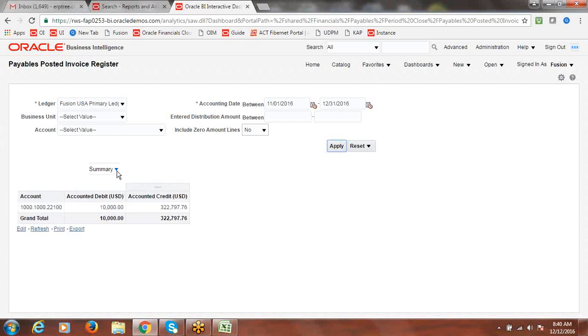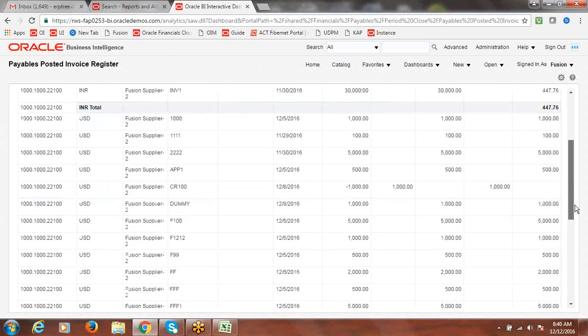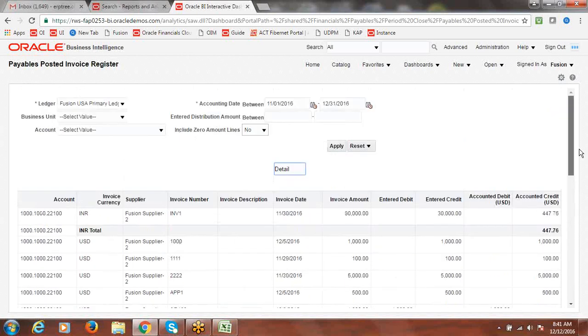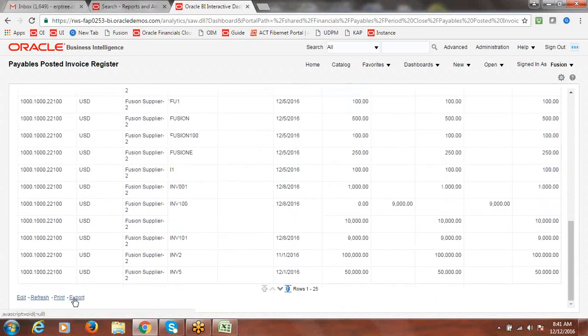This is the summary information. If you want to see detail, go to detail. If you want to download this report output in different formats, here we have options. Export, we have different options through PDF or Excel or PowerPoint. I'll go with PDF.